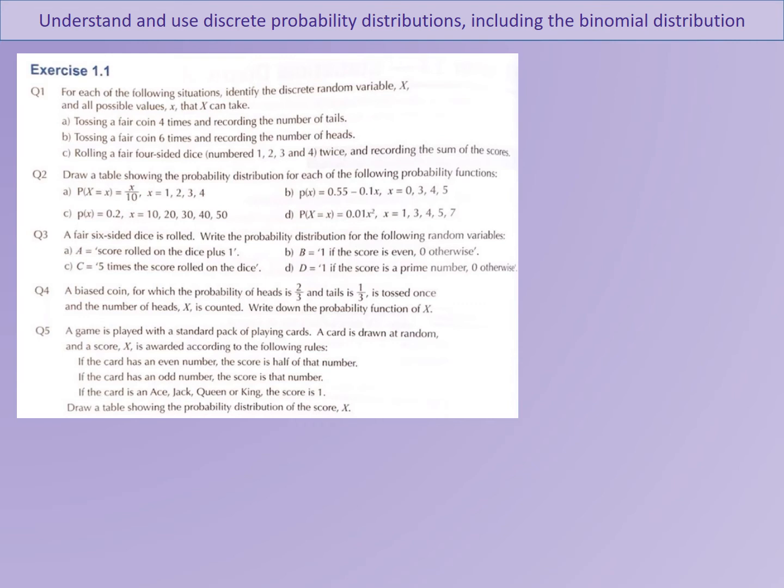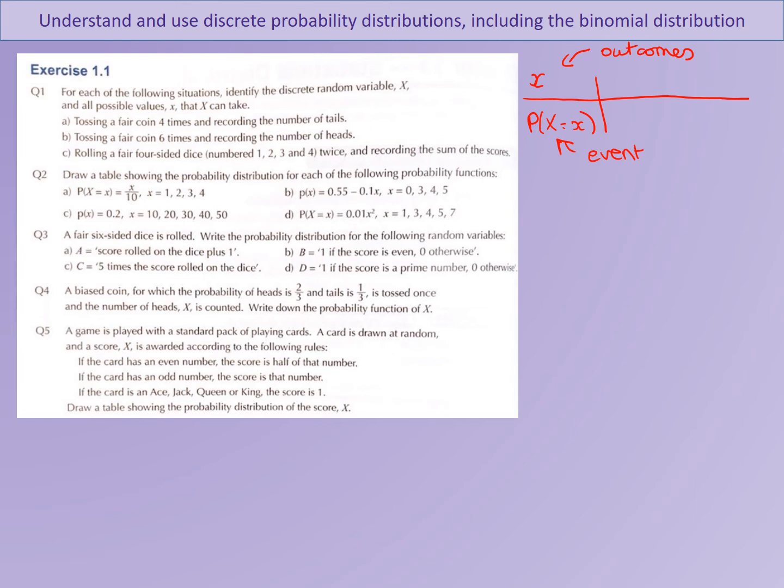The question is asking you to identify the discrete random variable x and all of the possible values of little x. Now what this is asking you to do, if you think about what we've looked at with these previous examples where you've had the probability of big X being equal to little x are the outcomes, and the big X, the discrete random variable, is what is the event, what is occurring, and what will you